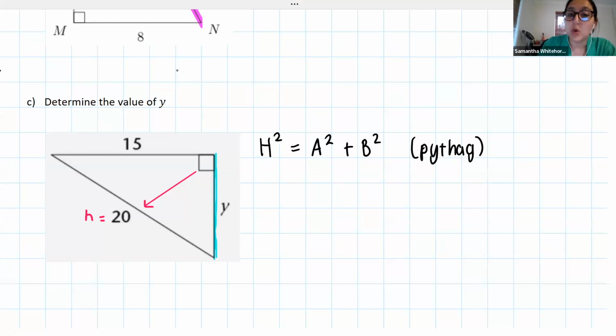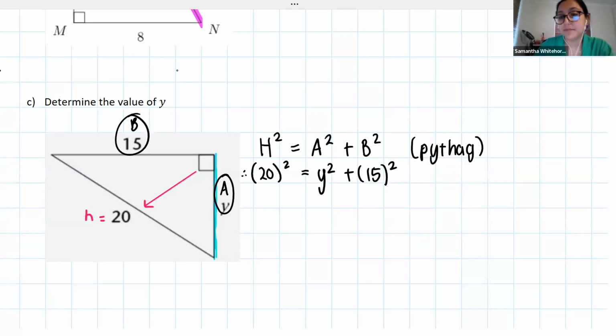So when we sub in what we know, the hypotenuse is 20. So 20 squared is equal to, let's call the side A, I don't know what A is, I just know it's y squared. And if this is side B, I do know that that's 15, and that's being squared. So all we have here is a little bit more working out that we need to do before we're able to get y. 20 squared is 400. y squared is obviously y squared. And 15 squared is